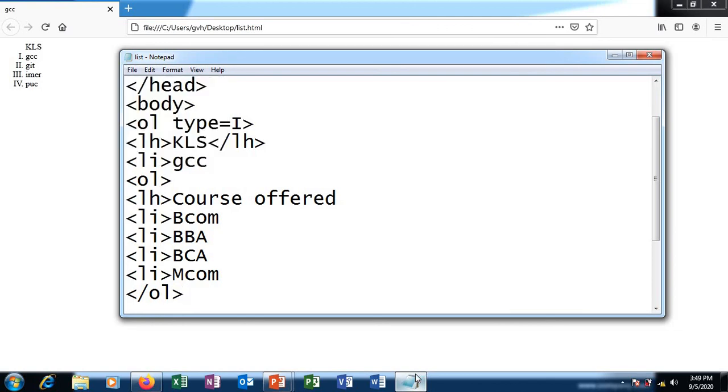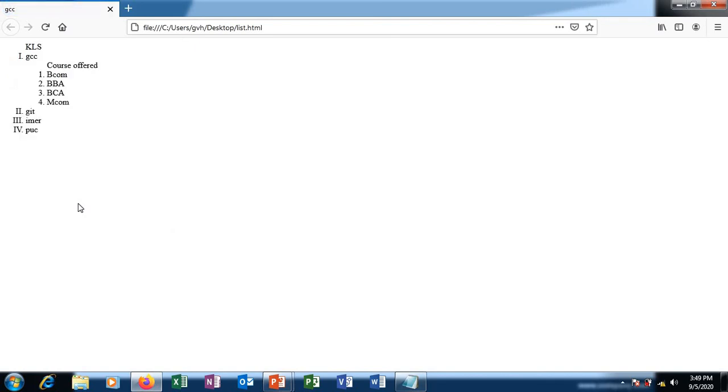We were talking about nesting or sublisting. Let's see how effectively it can be implemented using OL in HTML. We'll go back to the web browser, F5, and have a look. Under KLS, the first one with Roman marking is GCC, and under GCC, courses offered. Look at the alignment. As we are doing sublisting, we did not align this paragraph to the right or with a tab space margin.